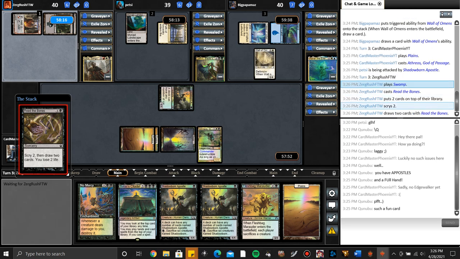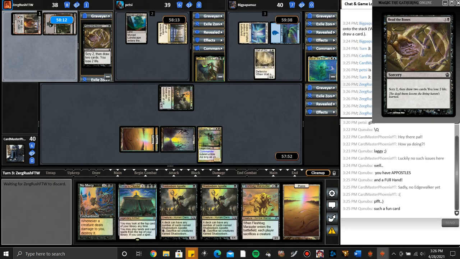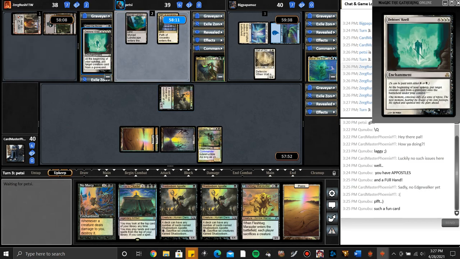He's going to put 2 cards on top of his library and then draw both the cards he kept on top, losing 2 life, going from 40 down to 38. Passing turn, presumably to Pets. No, he will have to discard down to hand size, ditching a Debtor's Knell, which is an incredibly